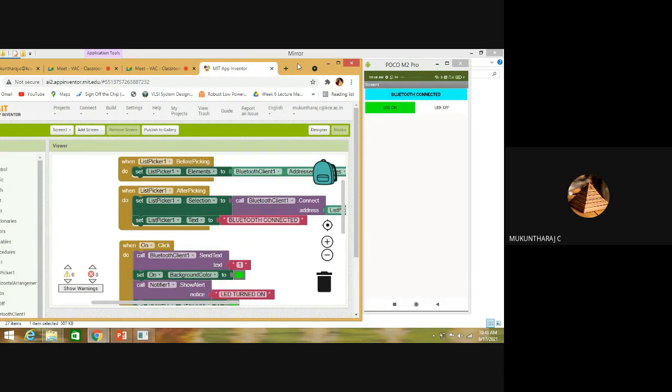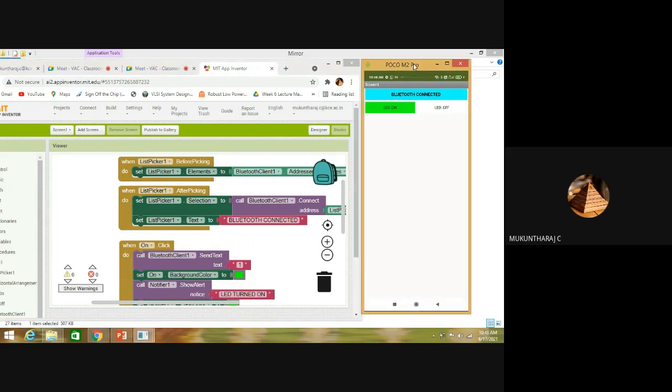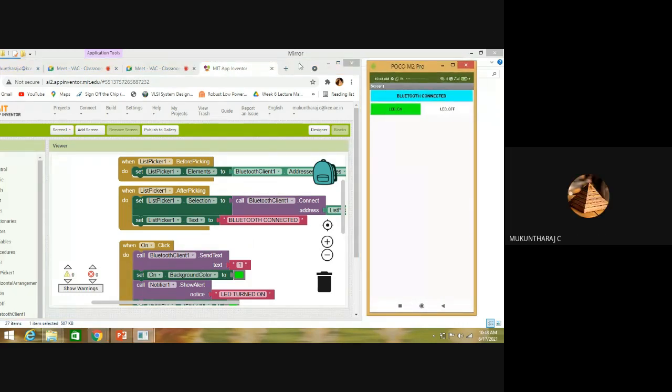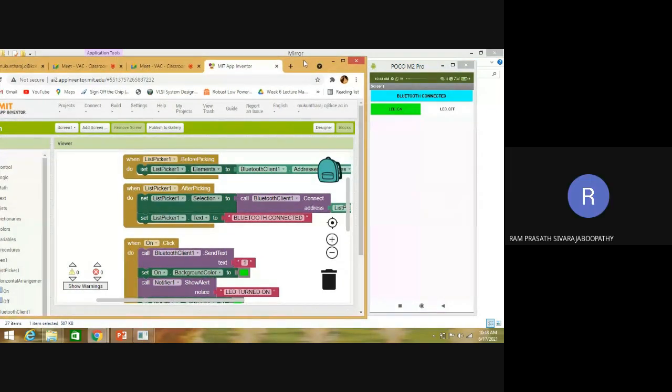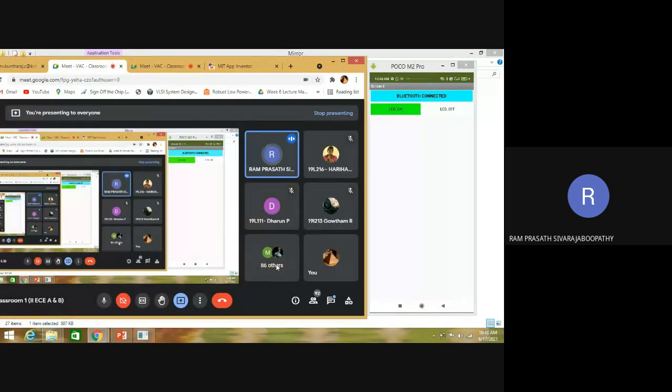Ram sir, Moon sir, wait a minute. Students, kindly type in chat whether we can write the program once again so that you have some good idea, or else we will go with the existing program we have written.